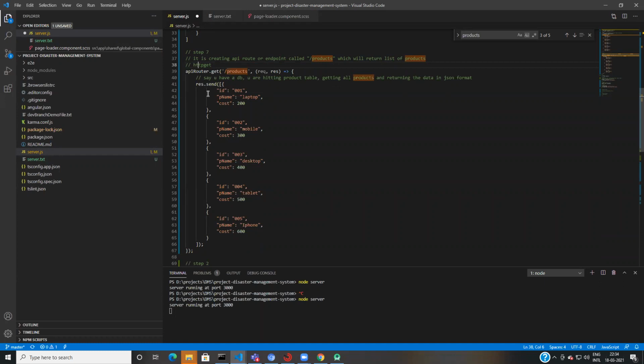Like this, we have HTTP post where we are posting the data, posting the body, posting the object back to the server. Then third we have put, where again we use it for updating the data. Patch is only to update a few properties basically. So we have get, put, post, delete. Delete is to delete the data in the DB. Get is to get the data from the DB. Post is to save the data in the DB. Put is to update the data in the DB. And patch is to update a few properties in the DB.